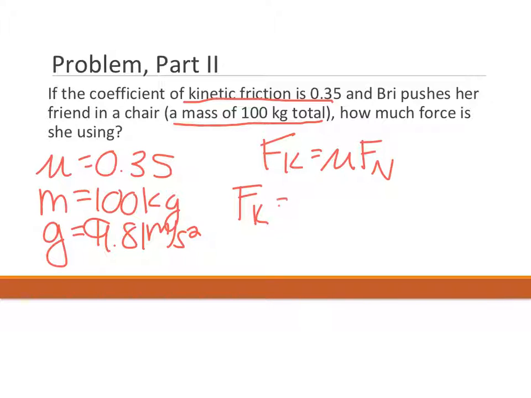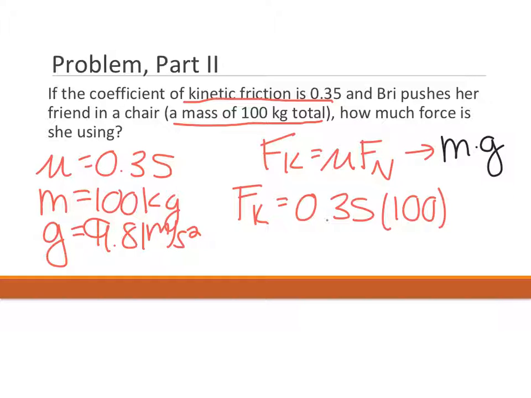All right, so another way I can solve this is to just plug all of these numbers in. So 0.35, remember, force normal equals mass times gravity. So I have 100 times 9.8. So for my force kinetic, I'm going to have